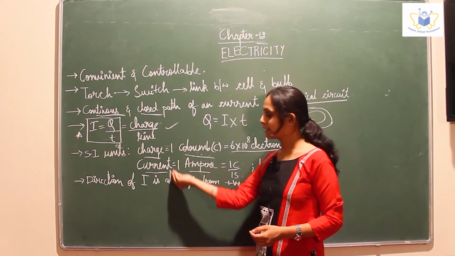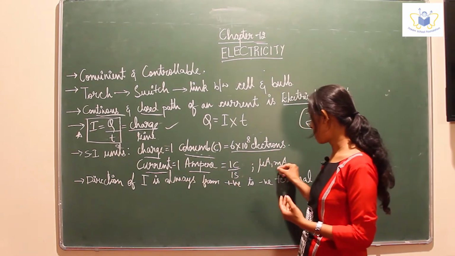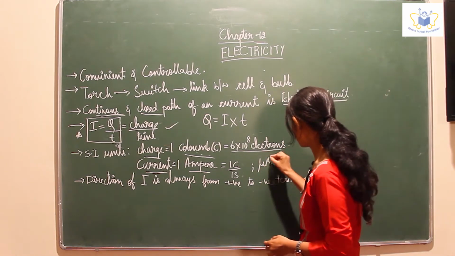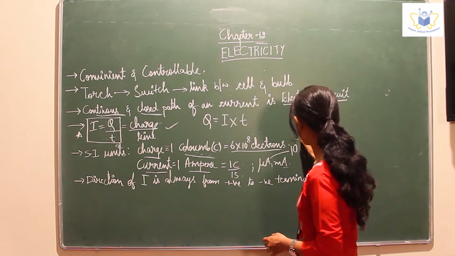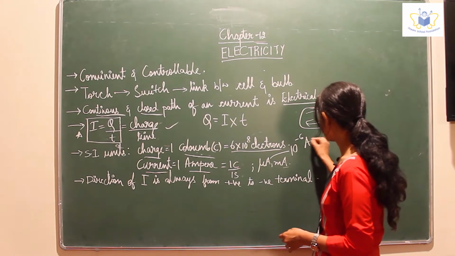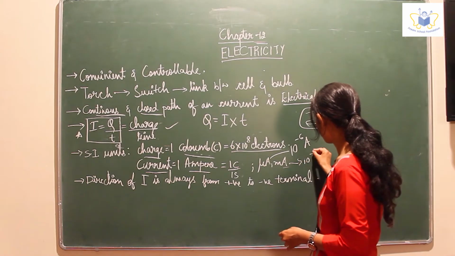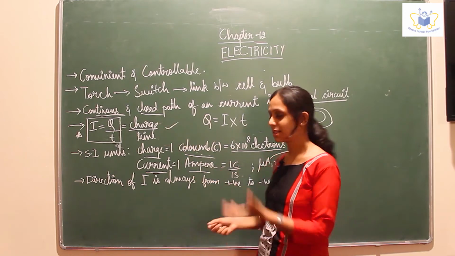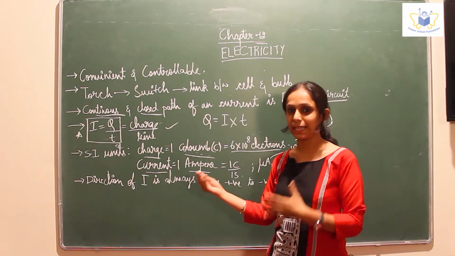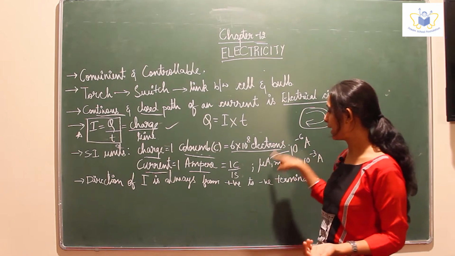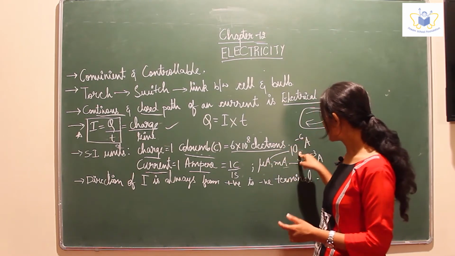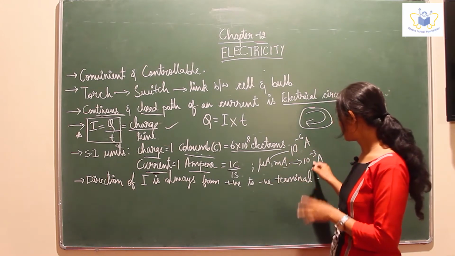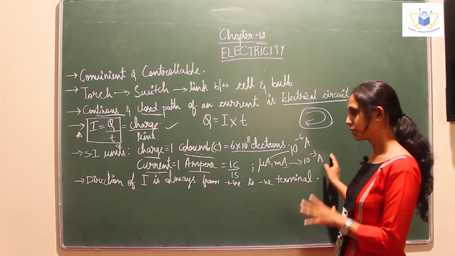Now your current can be in microamps, milliamps. These are very small values of current. Micro value is 10 power minus 6 amps. Milli means 10 power minus 3 amps. You might be given in your question that the current flowing is 10 microamps or 3 milliamps. So you will have to convert this value. 10 microamps implies 10 into 10 power minus 6 amperes. 3 milliamps represent 3 into 10 power minus 3 ampere. So we are good till now.